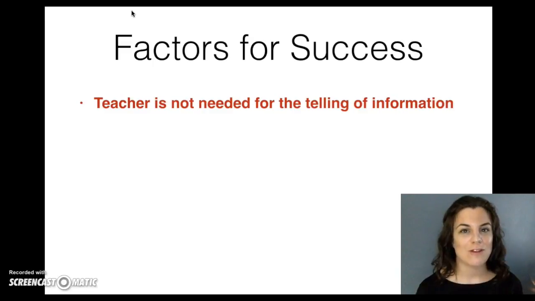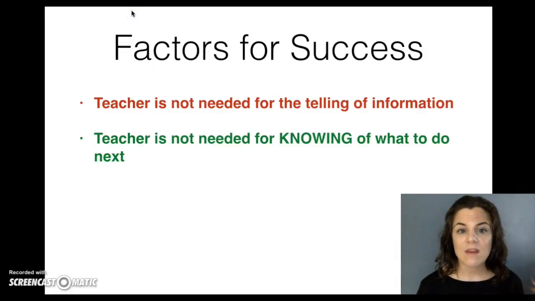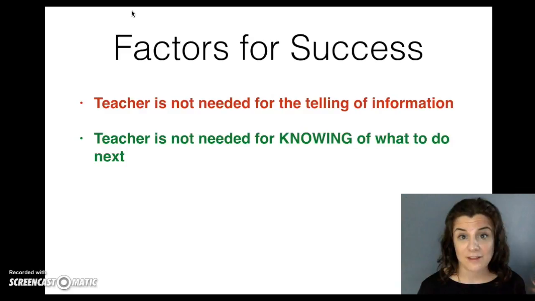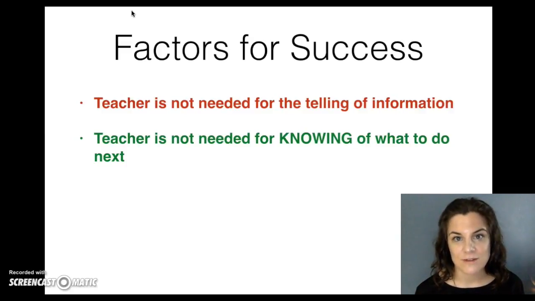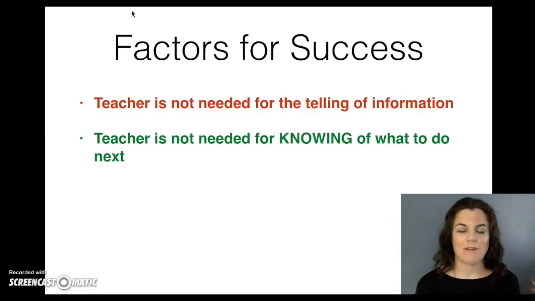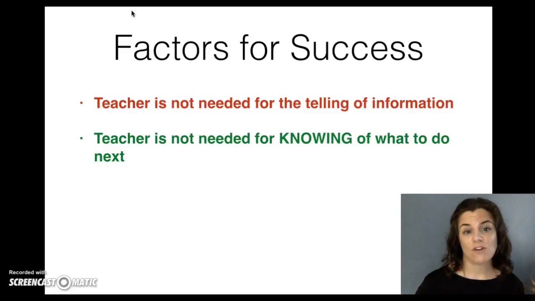If you only put the doing, then you are just creating a huge headache for yourself if all of that information is missing. Then the teacher is not needed for knowing what to do next. This is huge. If they finish early, which they will, they need to know what to do next without having to ask for your help. Which is when we get into, so that first bullet, that red bullet, that's what we're going to be doing this week. Or in that first discussion board, that next bullet, that's what we're doing when we are making our actual learning guides for students.